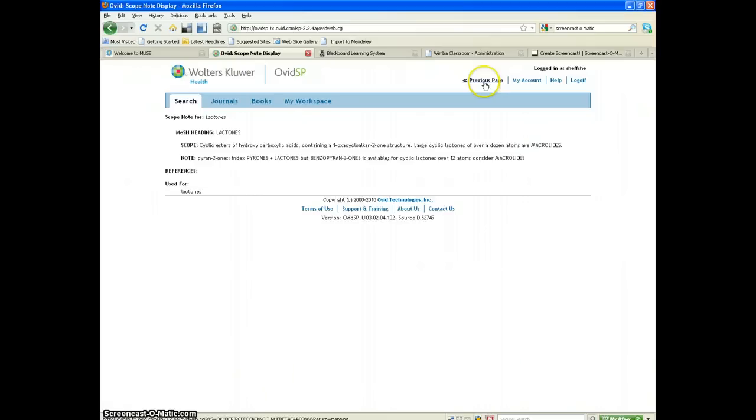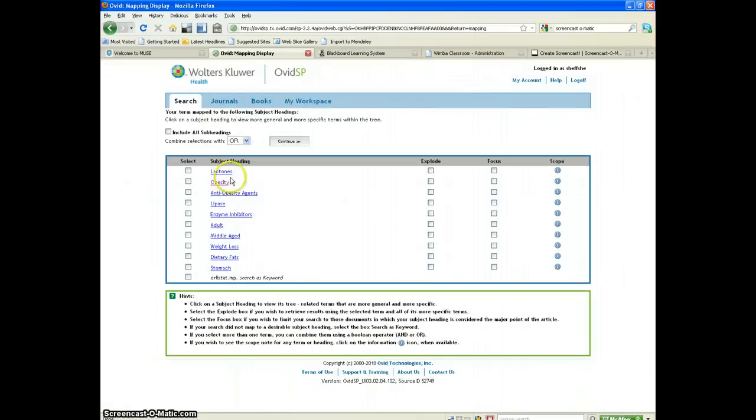So at this stage I can just click on previous page. So if I know that lactones are what Orlistat is, that's the action that Orlistat has, I could carry on my search now. I could explode or focus lactones and continue. I could choose one of the other related terms if I was interested,